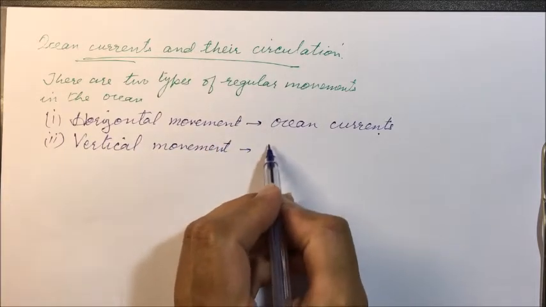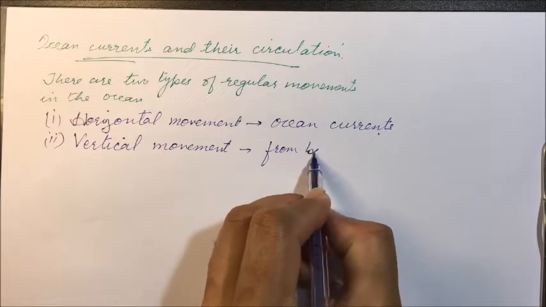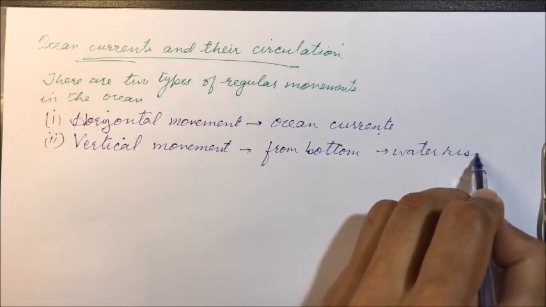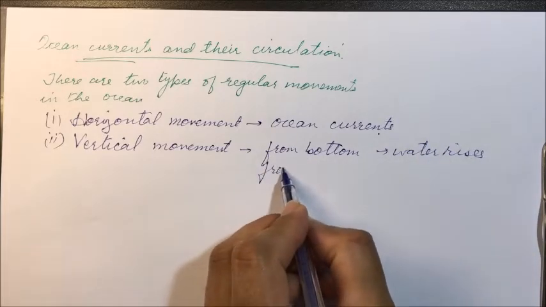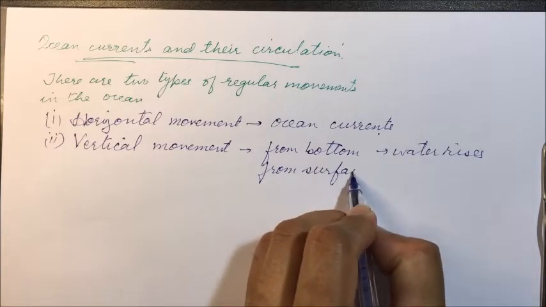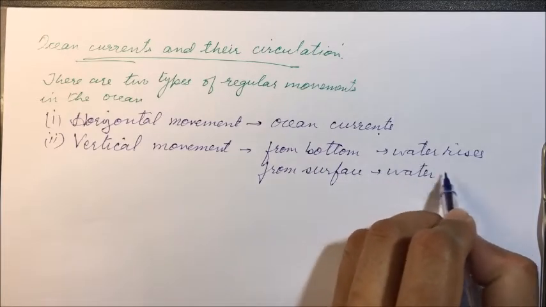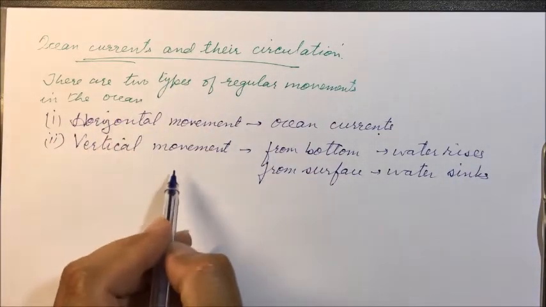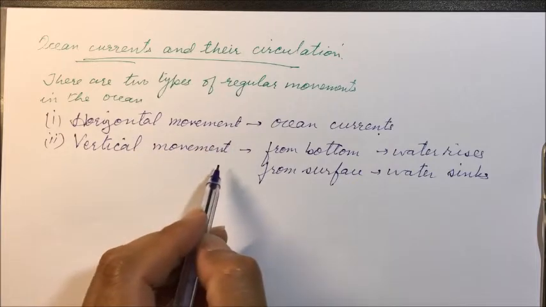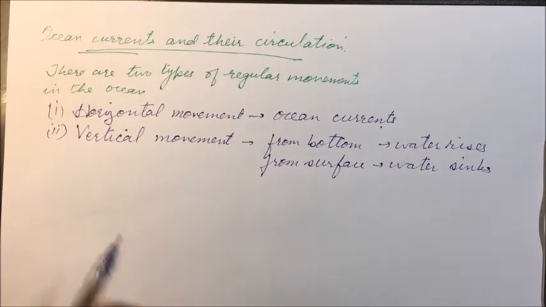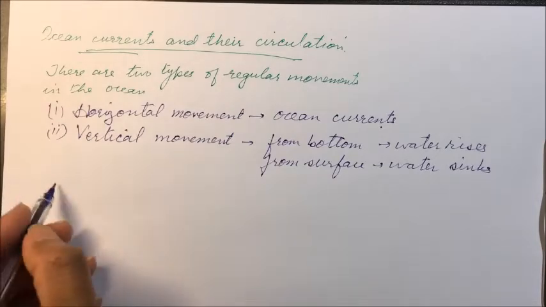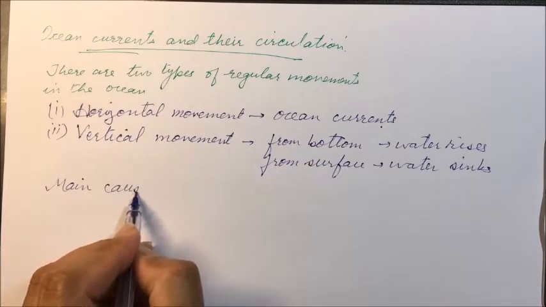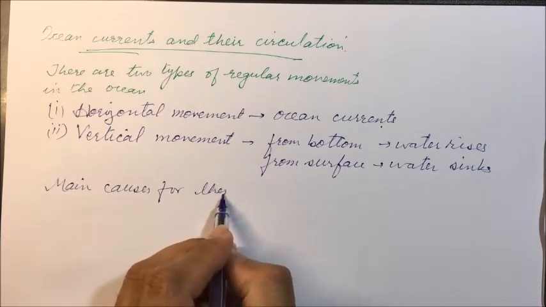Here from bottom water rises, and from surface water sinks. So what are the reasons behind these movements, horizontal movement and vertical movement? So mainly there are two reasons. There are more reasons, but the main causes for these movements are: